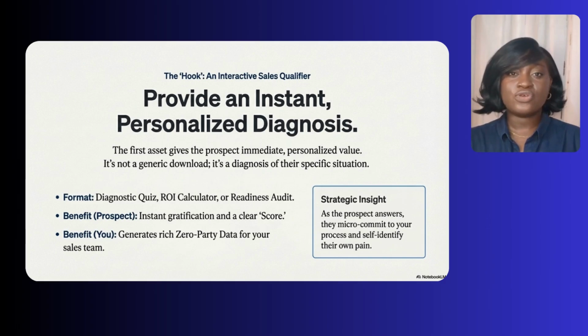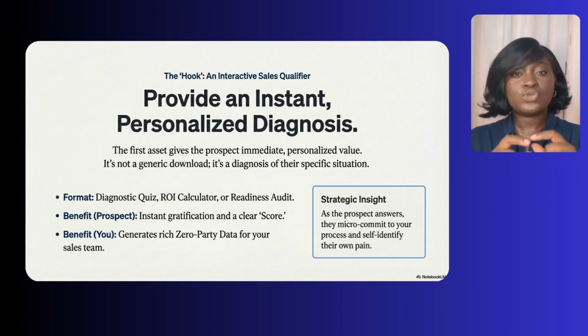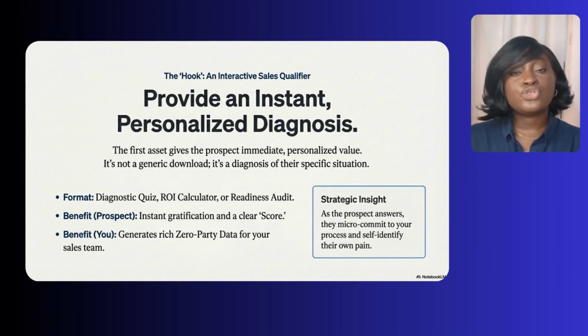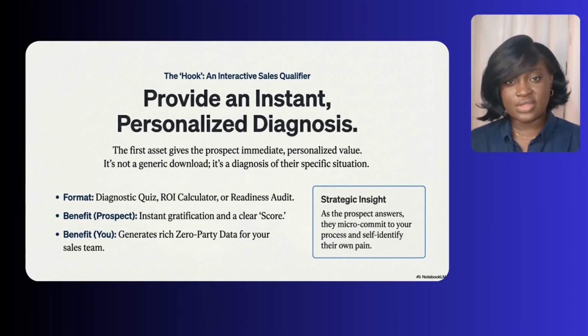You want to make sure you're shortening the gap between when they come across you for the first time, the awareness gap, and the engagement gap. You want it to be as short as possible, and that's what we do with our lead magnets. You want to direct your cold traffic to an interactive lead magnet. That way your ICP will get immediate value and build enough trust with you that booking a 20- or 30-minute strategy call will look like a no-brainer to them. Not only will you maximize your ad spend, but you also increase your conversion rate.